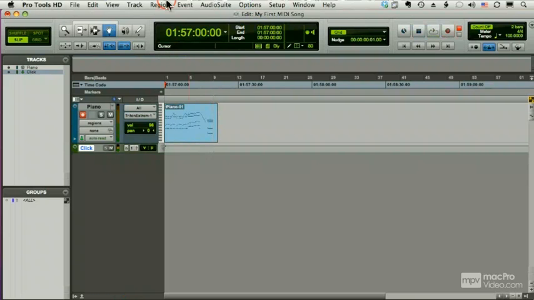Now, because this is MIDI, I can go ahead and change this tempo. Let's make it 150, and let's play back what I just recorded. I'll take it out of record mode. I'll press my space bar. And if you really want to make me a good pianist,